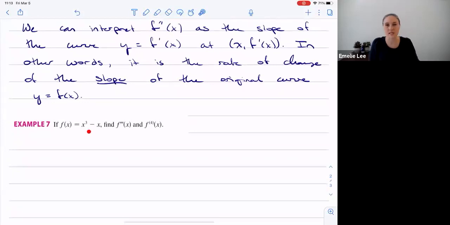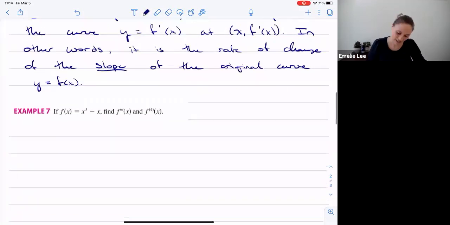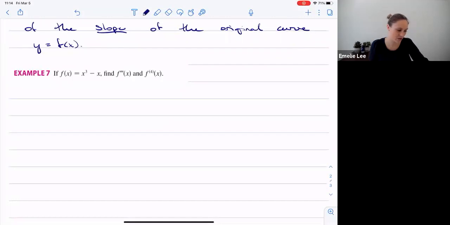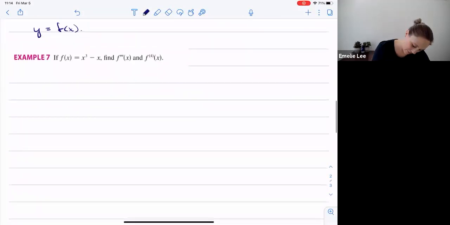So again, we're using the same function. And so now we have to find the third derivative and then the fourth derivative. So we can use the limit definition. I'm going to skip it actually, because we've got funner things to do today. So you absolutely can use the limit definition of the derivative, but from